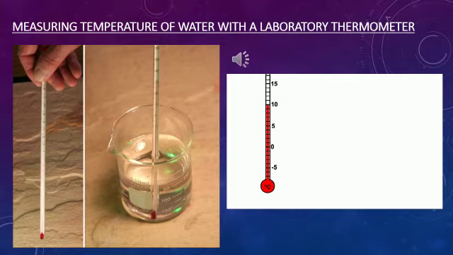You should immerse the thermometer in such a way it should not touch the bottom of the beaker or sides of the container. Okay, and you need to hold the thermometer vertically like how I am showing in a picture. You need to hold the thermometer vertically and you need to observe the movement of mercury. What is mercury, children? Here mercury is a liquid metal used in thermometer, and you need to observe the mercury thread. It shows the movement. Okay, so we should wait till the mercury thread becomes steady.